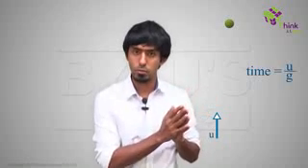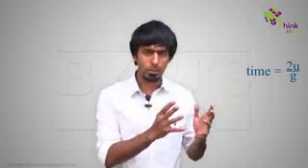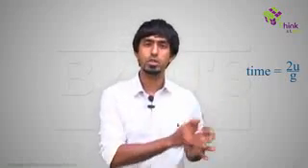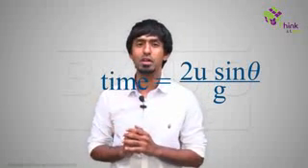If you're curious why, every second the velocity reduces by g. So for it to become 0, it takes u by g seconds. It's easy to do. Then for it to come back again, it will be 2u by g. So if I had thrown a ball up, it takes 2u by g seconds to go up and come down. Now what's this whole projectile motion viewed from this point of view? It's just a ball thrown up at u sine theta. So you have 2u by g, you just have to replace u with u sine theta and you get the answer for how long this person will stay in the air.